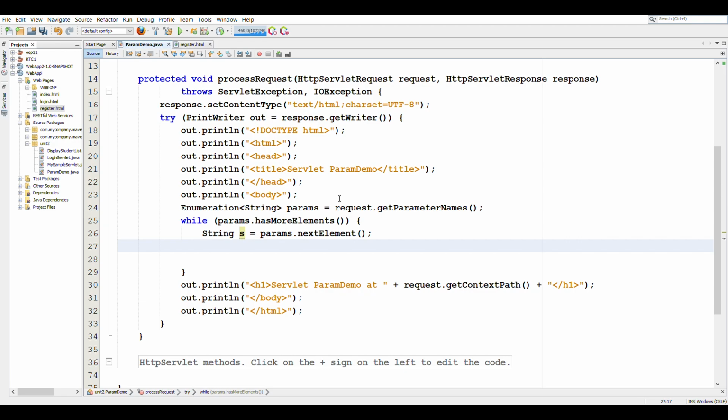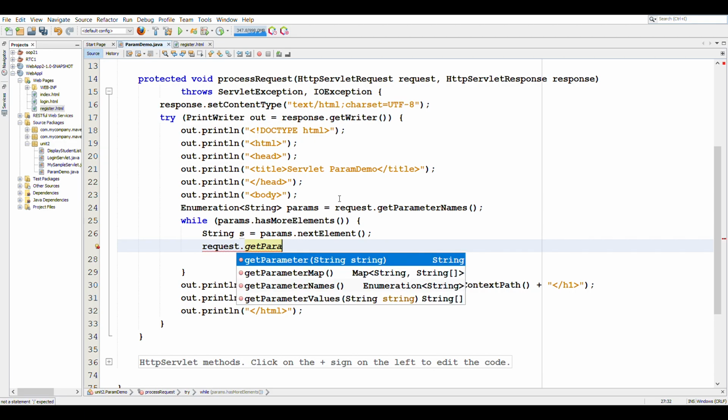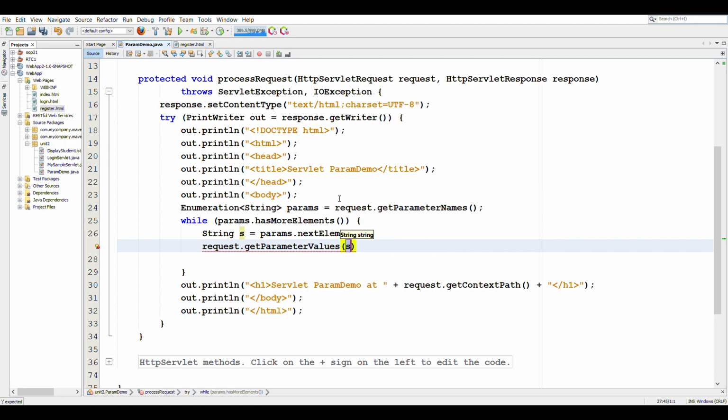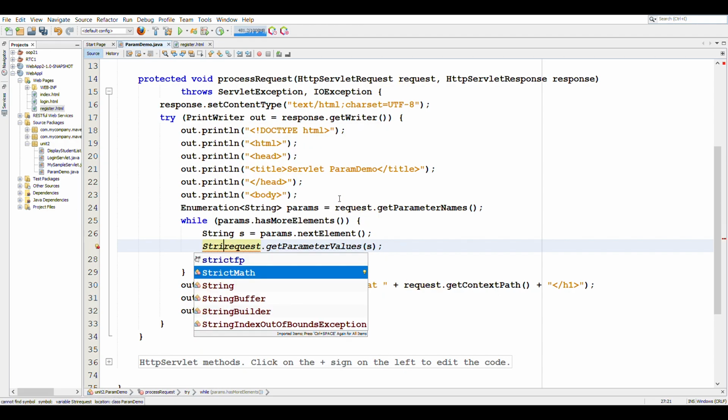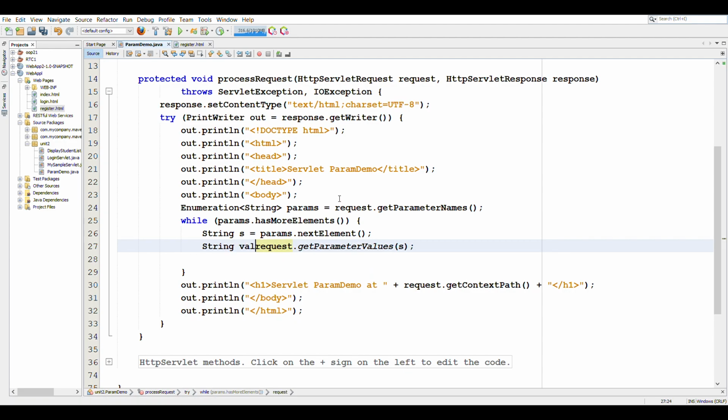In case s has multiple values, then we can use the method request.getParameterValues, and when we give input as s, it will give us all values available of s, and this returns a string array. Let's call this array values.